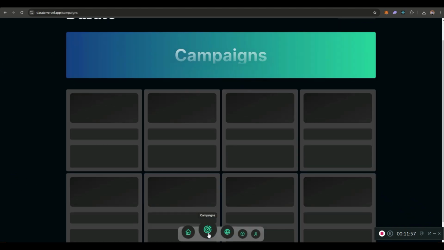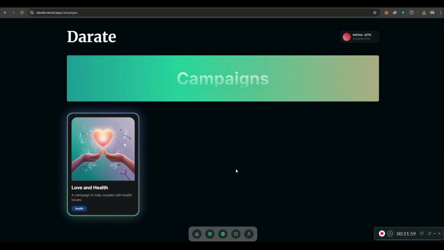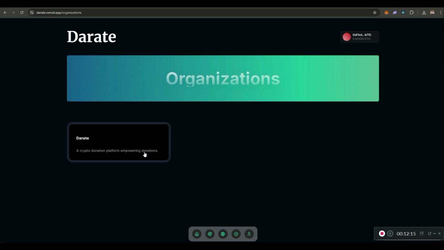So these are the campaigns that have been created. If there are more campaigns created, you'll see them here. In the long run, as the application gets bigger, when we launch on the mainnet, because this is just a testnet, we'll have functionalities to search. So search for campaigns or search organizations, and also we'll have to create a model to verify organizations, so that